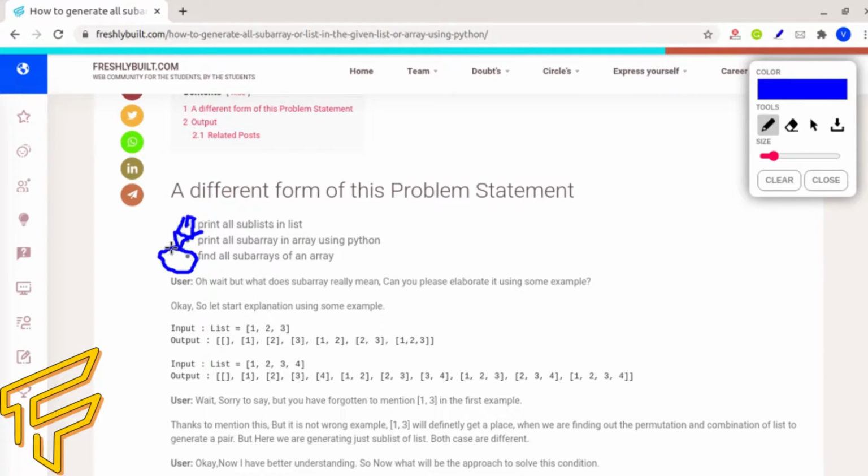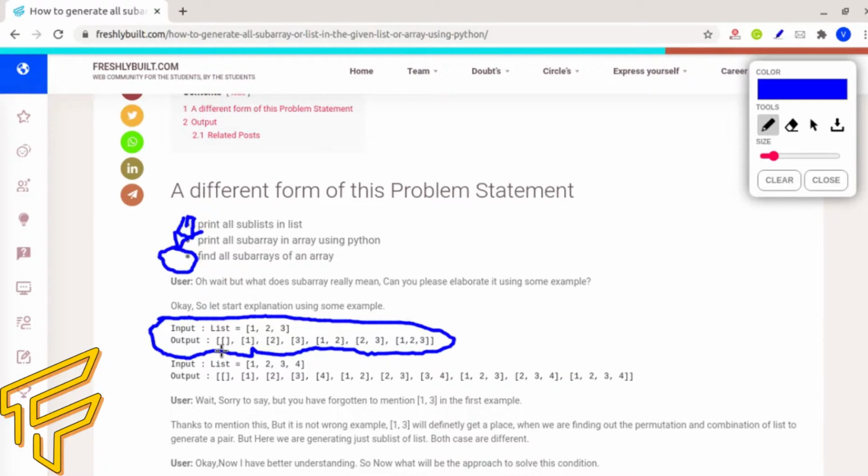Let's start by taking one example. Let's assume there is a list that contains 1, 2, 3 as elements. If you get code from somewhere on the internet, or just copy freshly built code and run it on your local system, it will generate an output similar to this.